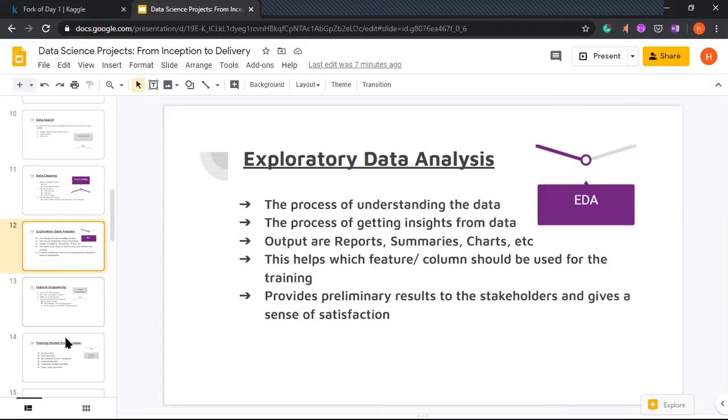The first step of analysis would be exploratory data analysis, where we explore the data, and there are various ways of doing it. The initial phase would be taking one or two rows from the data and manually checking each column and what is in it.